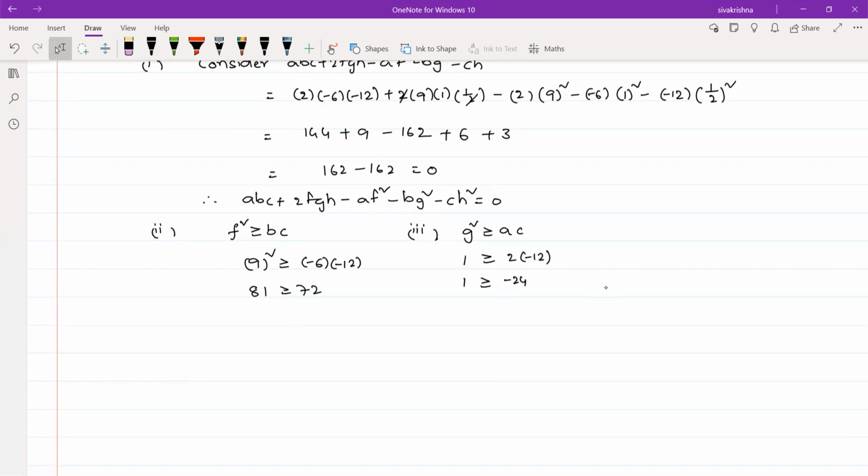Since minus 24 is a negative value and 1 is a positive value, 1 is always greater than any negative value. So this was also correct. Okay, coming to the last condition,